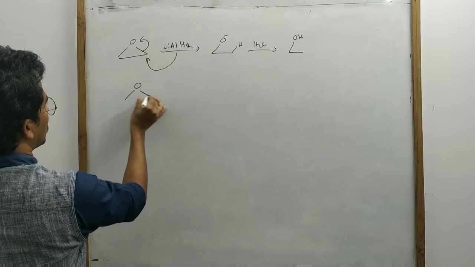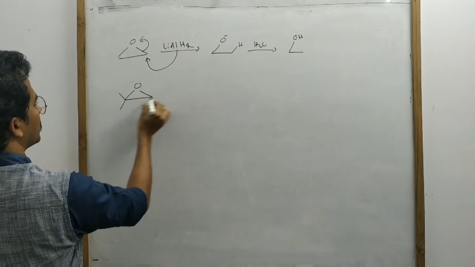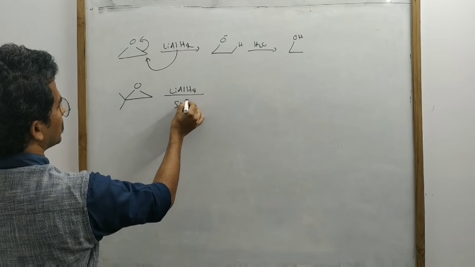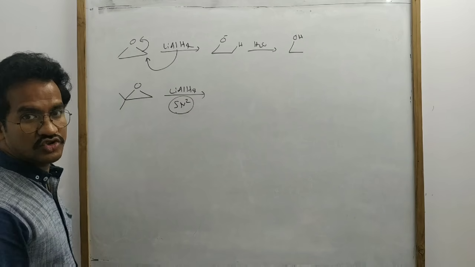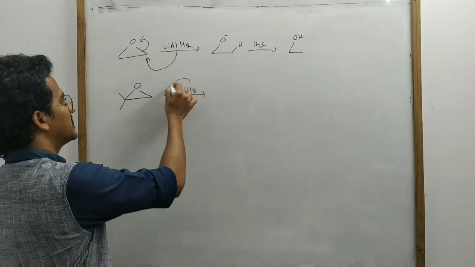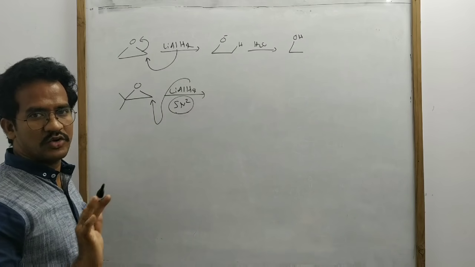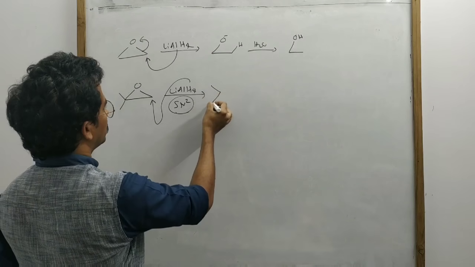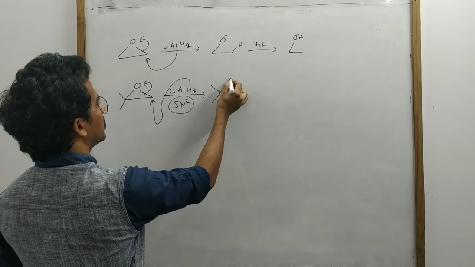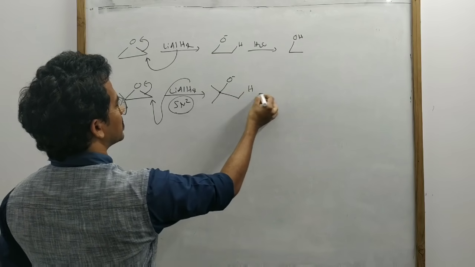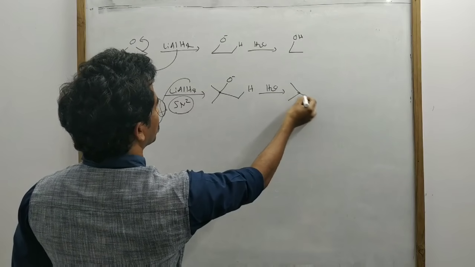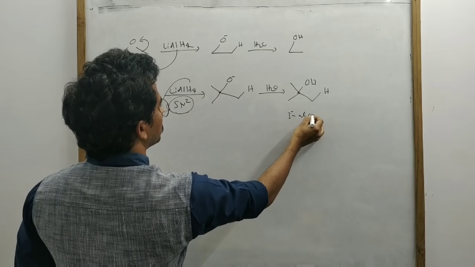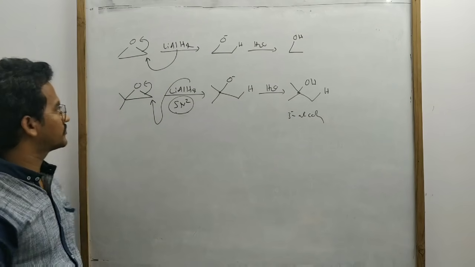First, suppose it is an unsymmetrical cyclic ether, LiAlH4. This reaction follows the SN2 mechanism because H minus is a strong nucleophile. So H minus attacks at the less substituted carbon. SN2 mechanism that follows. Okay, that attacks on the carbon which is less substituted. So you are breaking this bond. O minus here, hydrogen, H2O. So hydrogen, this one. Okay, it is a tertiary alcohol, of course. That depends on the structure of the cyclic ether.